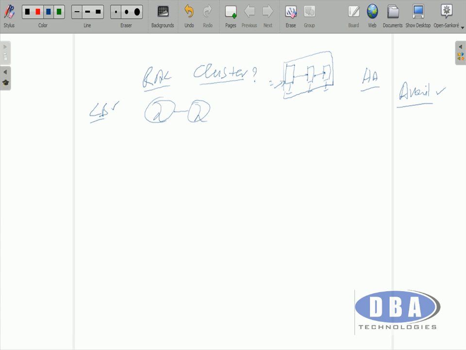So these two nodes, assume this is node 1, assume this is node 2, these are all individually capable. That's what we're doing in core, right? What is it that we do in core? Instance and the database, the relationship is 1:1 only. If that is the case, how do we protect against instance failure?